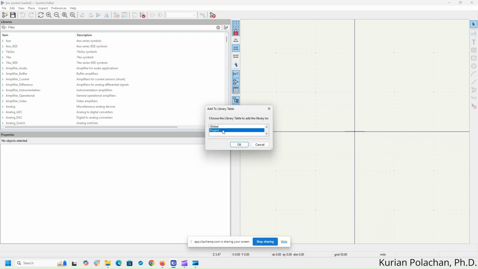So in this particular tutorial, I want to show you how to create a project, how to create the custom schematic and PCB library with a setting project. So the libraries will be included in the project. So click OK,